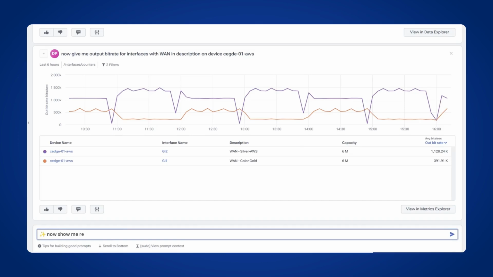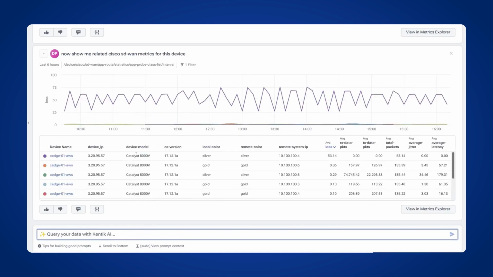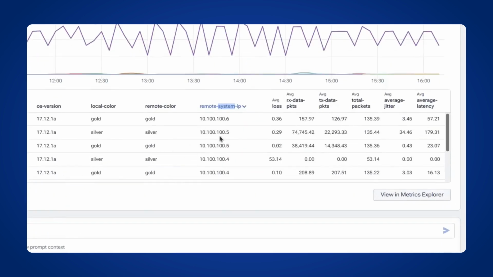If the user is unsure which metrics are actually available and how they're named, our question could be slightly more generic. The results include a chart with packet loss metrics on the silver link towards Site 4, which isn't our focus. However, the table also reveals metrics for silver and gold links to Site 5. We can notice that there is a lot of traffic on those links, but the silver link also shows a higher average jitter and latency compared to the gold link.